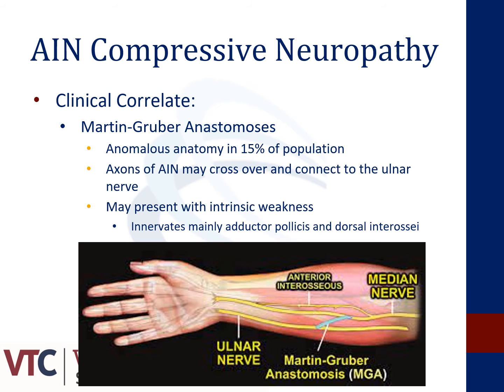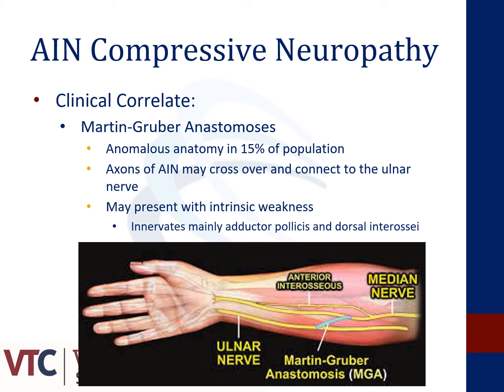Clinical correlates to be aware of when evaluating for AIN compressive neuropathy include a Martin-Gruber anastomosis. This is an anomalous anatomic structure that occurs in about 15% of the population. This is when axons from the AIN cross over and connect to the ulnar nerve,